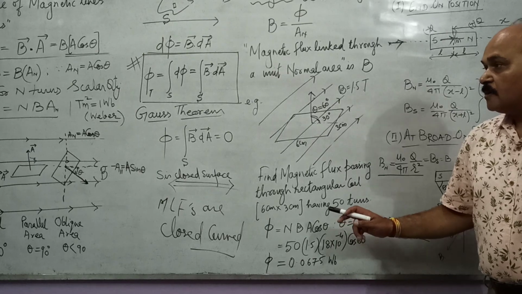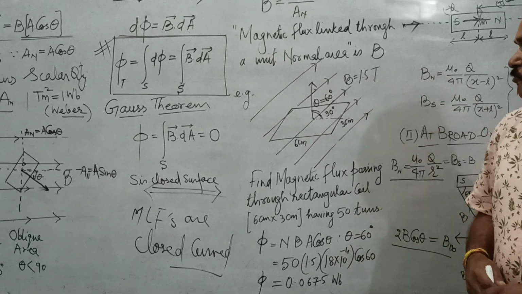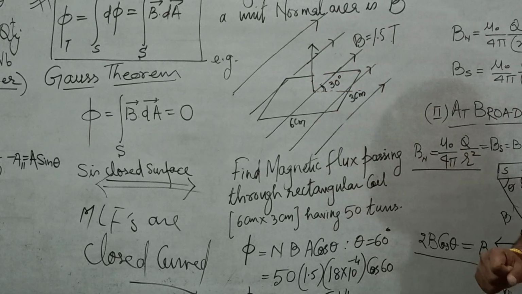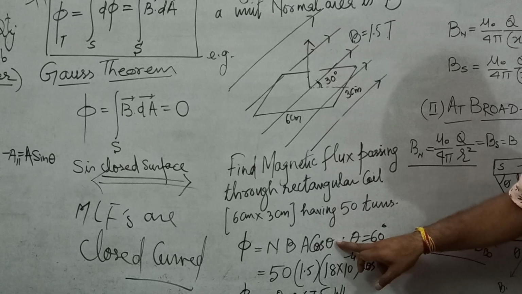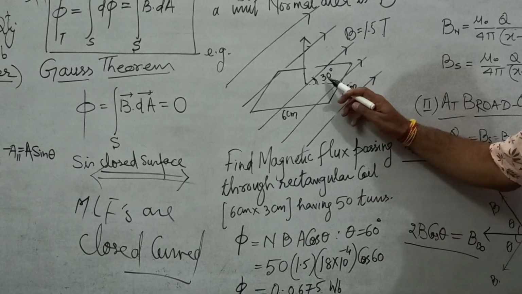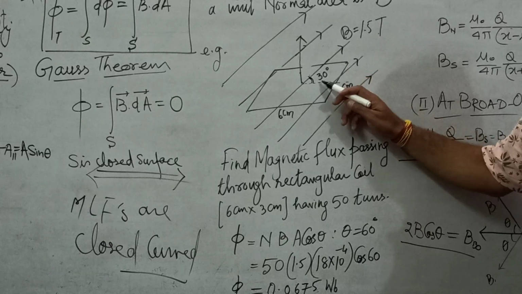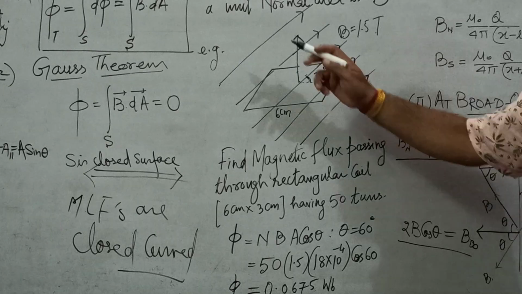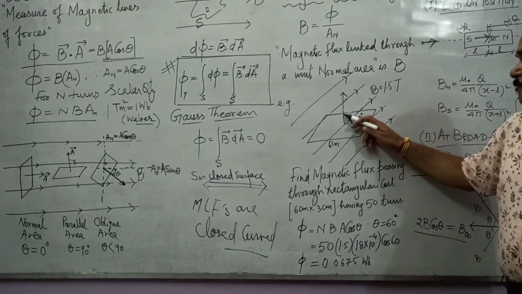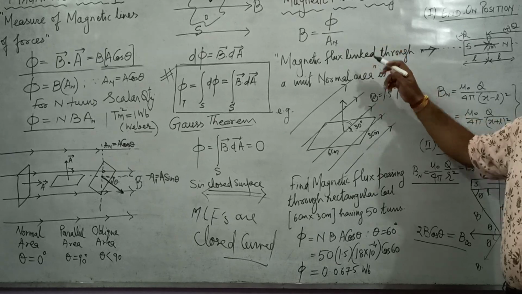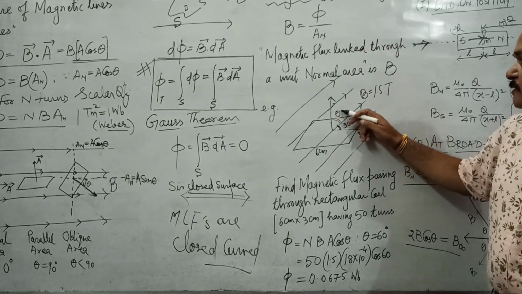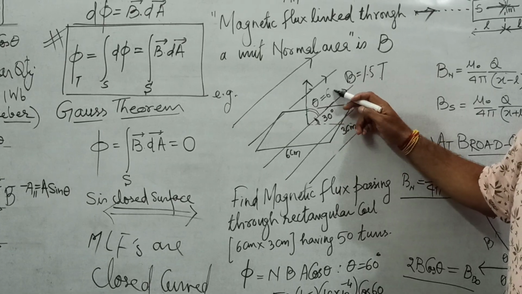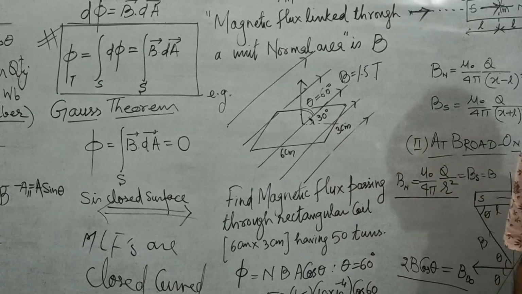Theta is the angle between the normal to the plane of the coil and the magnetic field. What is given in the question is this angle. So theta of the definition of flux is not this angle. This is the angle the magnetic field makes with the plane. With the plane the angle is given as 30 degree. Now theta of the definition of flux is this angle, which is the angle between the normal to the plane of the coil and magnetic field. This is angle theta for finding out flux. And if this is 30, this angle is going to be what? 60 degrees.